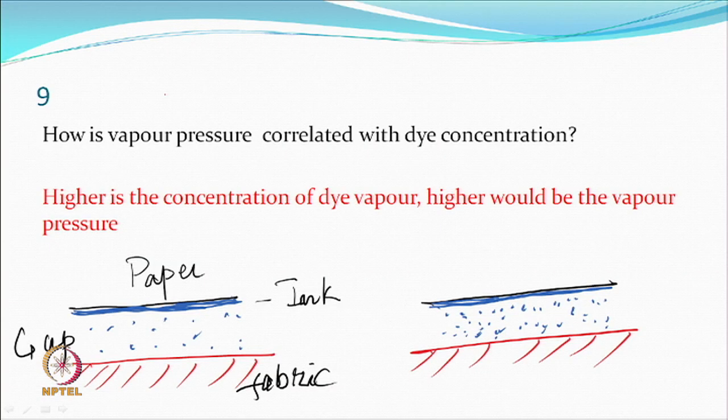Something like that. So, there is a gap, there is a paper, there is a fabric and an ink layer, and so in one case you see there are more molecules in the gas form, in the other case there are fewer, and so vapor pressure in one case is going to be less and in the other case is going to be more. And how will it affect the dyeing? Obviously, diffusion characteristics are also going to be there. The probability of every such molecule contacting the fiber surface, where once it touches the surface, hopefully because of the affinity reasons, it will then start diffusing inside.